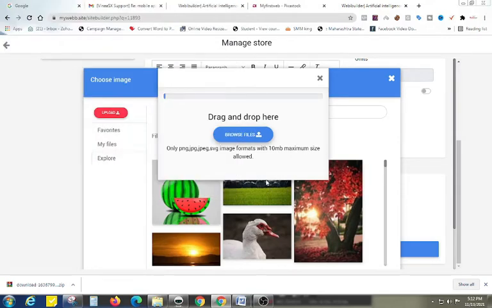Now I have added 2 images to my store, 2 products to my store.